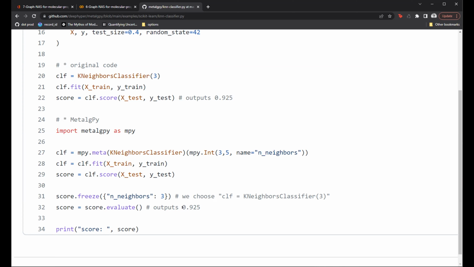Once score is running this evaluation, you run the chain of expression. So here, yes, you will have an overhead to, if you want, go back in the tree of the expression and interpret it like Python will interpret code, but here we interpret the expression. However, in the example of Akhil in the notebook, if you wrap just at the object level or at the function level, when you execute the evaluation, it directly executes your function or it directly returns your object.